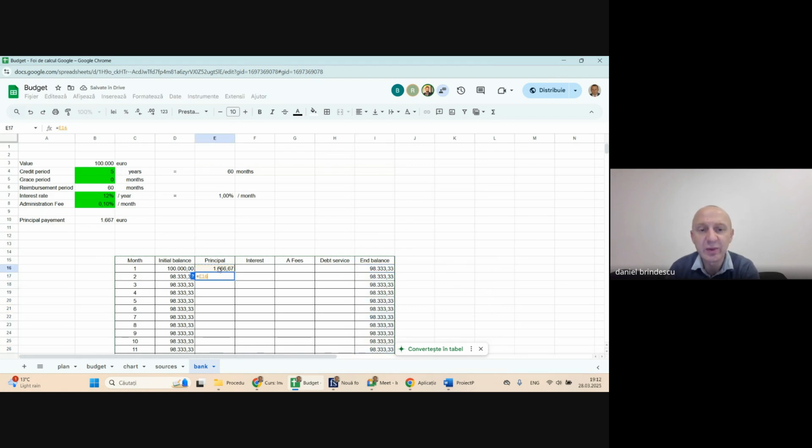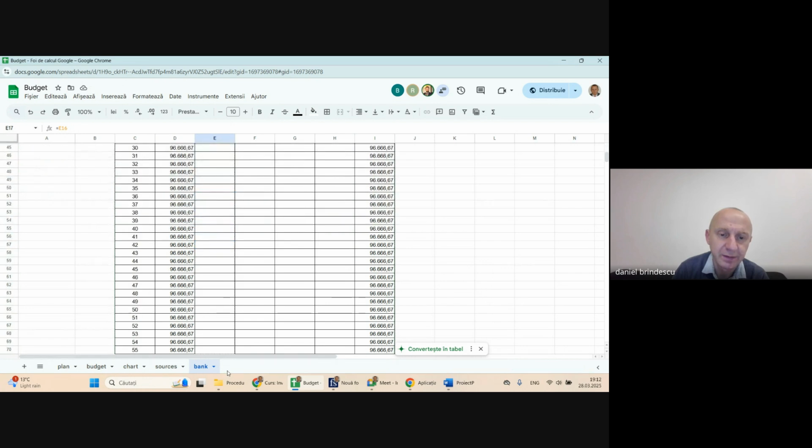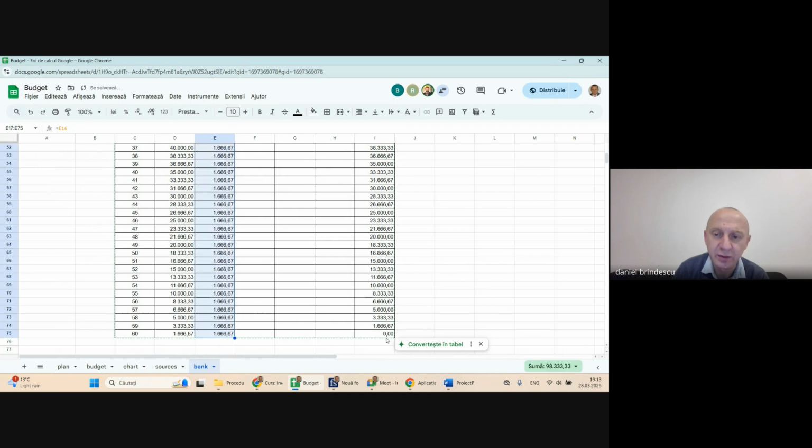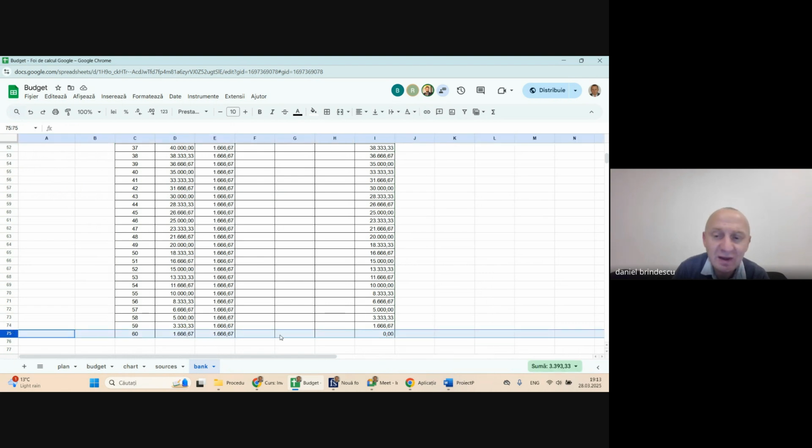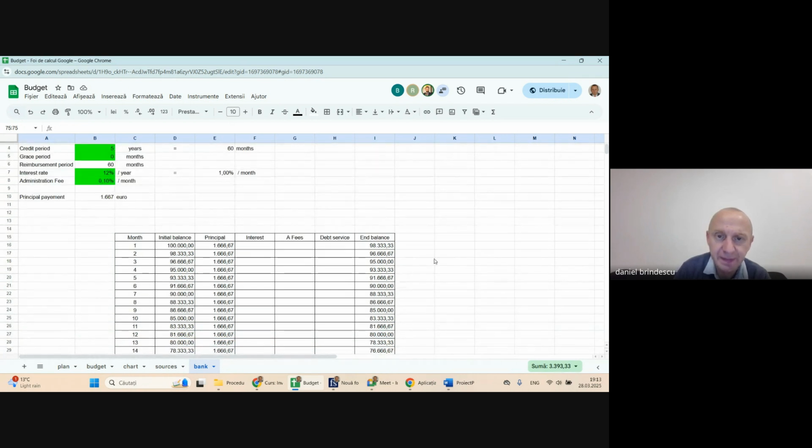The principal payments, if they were equal of this value, would bring us at the end of returning the entire loan. As you can see, the value remaining at the end of month 60 would be 0. Now,